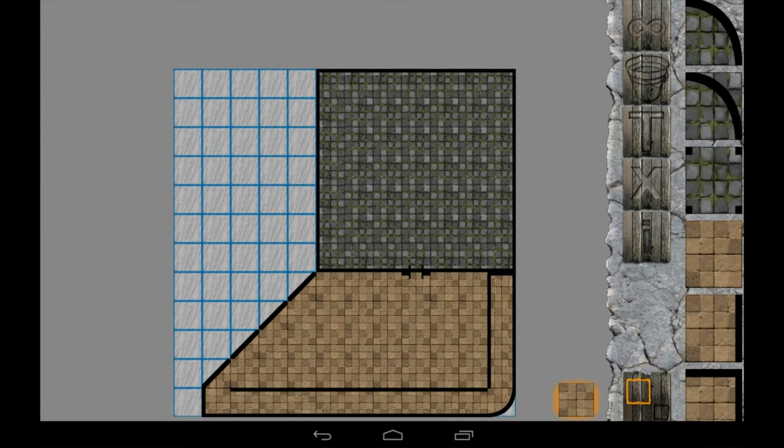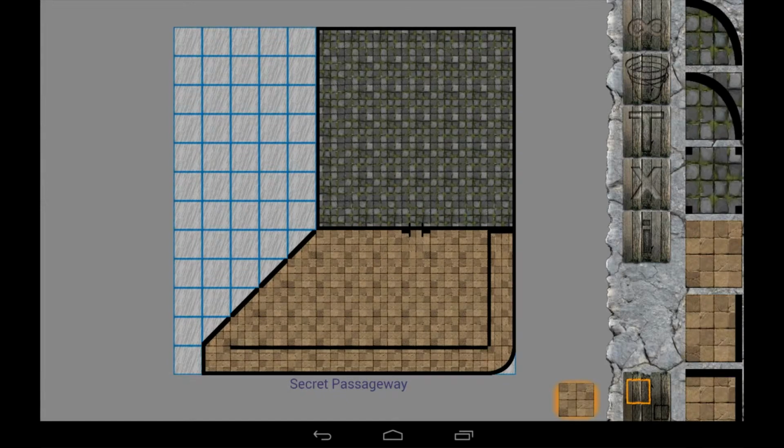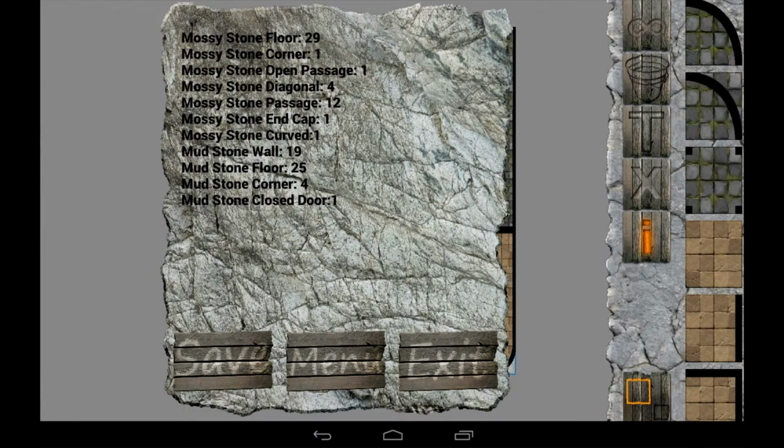Tapping the edges of the screen will move the camera for you, but here I have an info tab where you can save and go to the menu and exit, but if you are converting this to a 3D table, it does tell you what kind of pieces you'll need or how many pieces you used. So I'm going to go ahead and hit save,